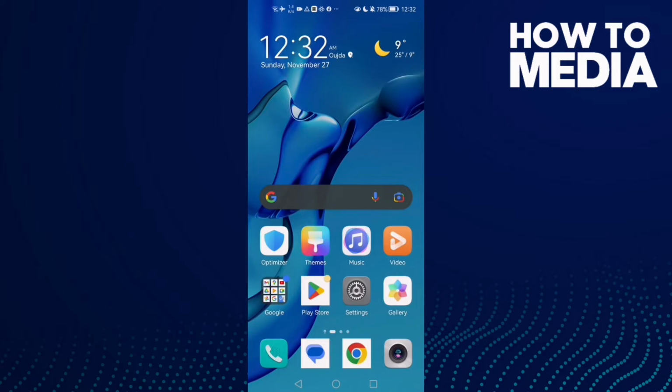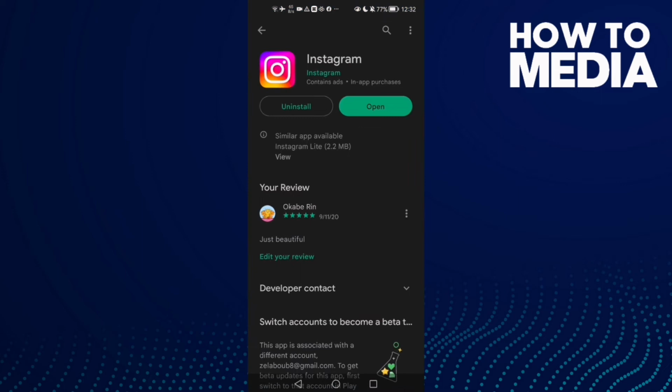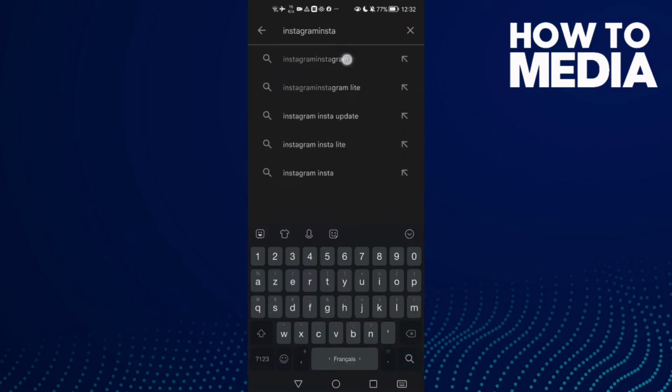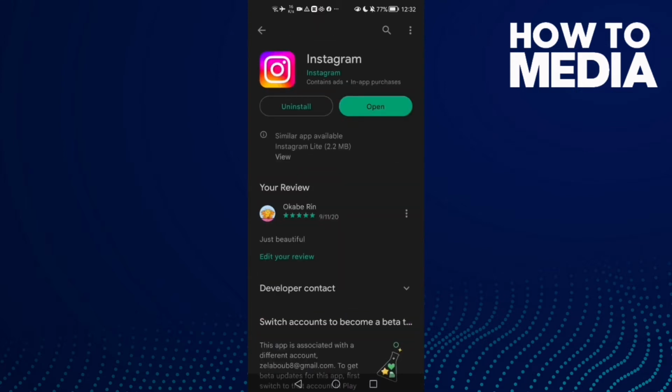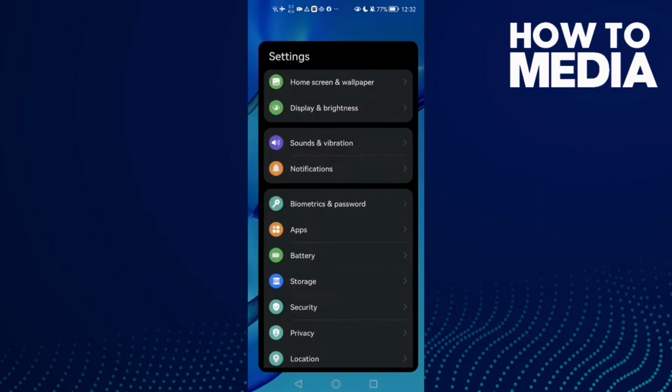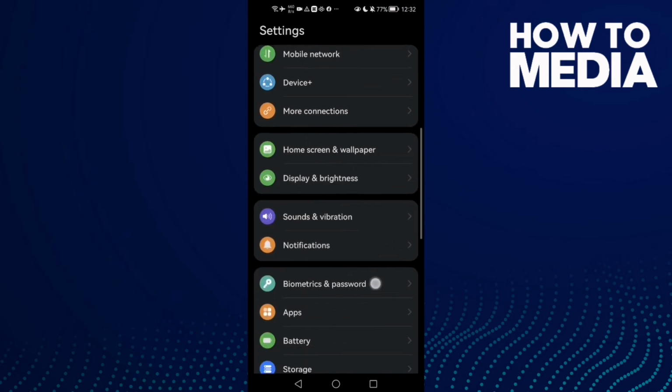First go to Play Store or App Store, and here just type Instagram and click on it. Now make sure your Instagram is updated. Just see if there's an update, and if that doesn't fix your problem, go to settings, scroll down until you